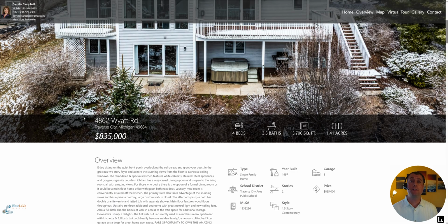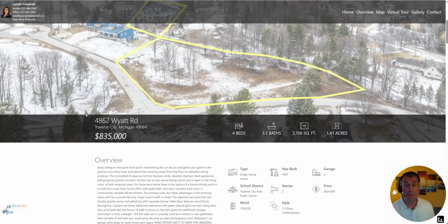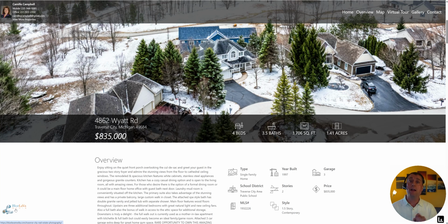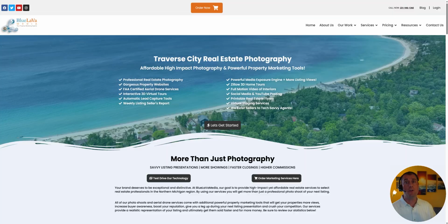We do that because A, we're giving away discounted photography and video services. So we want to put our logo on it, and that's non-negotiable. Out of the gate, we do that at BlueLaVaMedia. We just tell our customers that comes with every project, and that goes right to our website, and it's a special landing page over at BlueLaVaMedia that talks about why it's important to